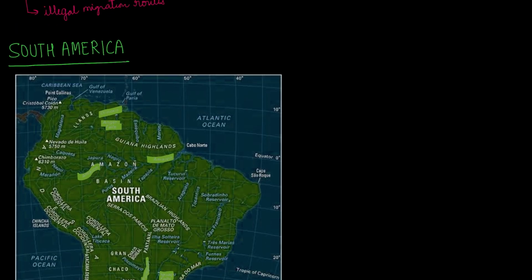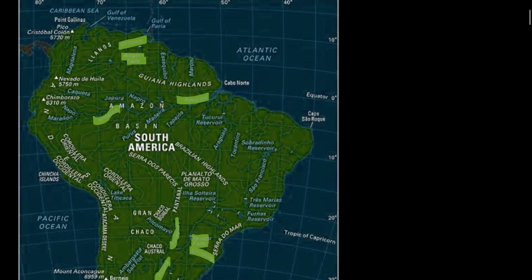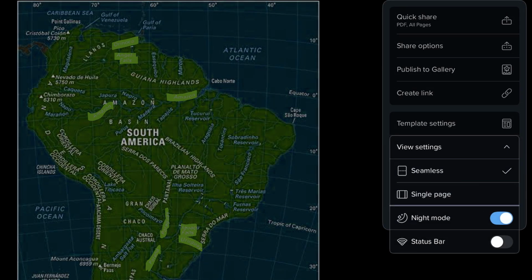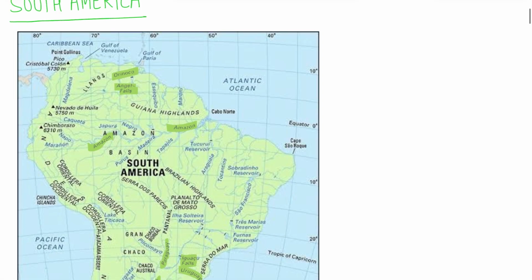Then there is South America. The highlighted portions are not really visible, but I'll just show it to you in the light mode. Yeah, this works. Then in South America, we have the rivers of Orinoco, the Angel Falls is over here, then the